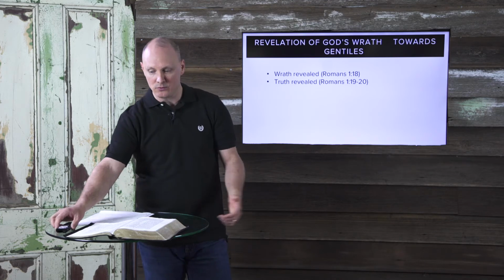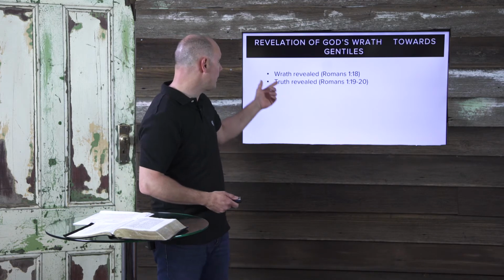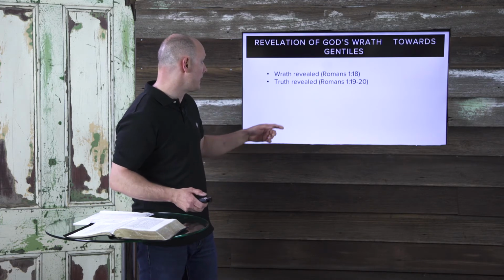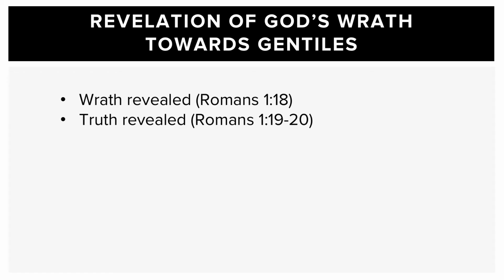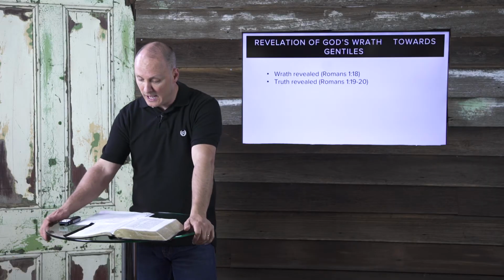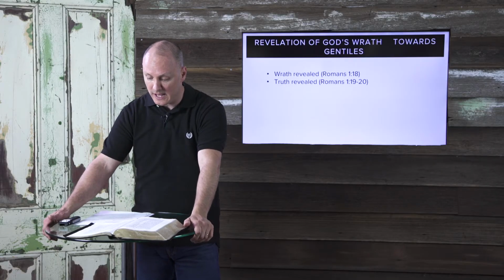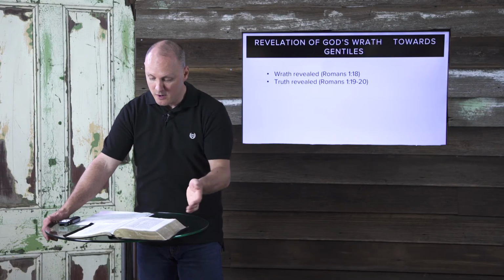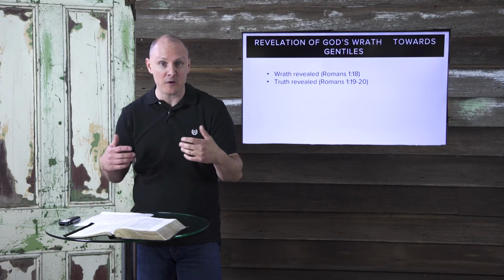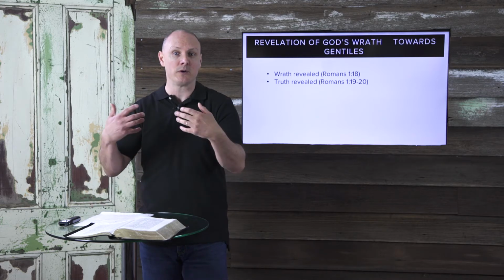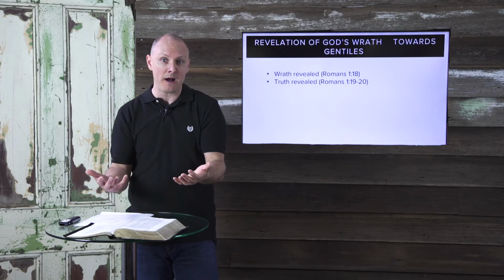And so wrath is revealed from heaven against all unrighteousness and ungodliness of man. But not only is wrath revealed, truth is revealed. In verse 19, Paul says, "That which is known about God is evident within them, for God made it evident to them." When he talks about evident within them and being revealed to them, he's speaking about the fact that